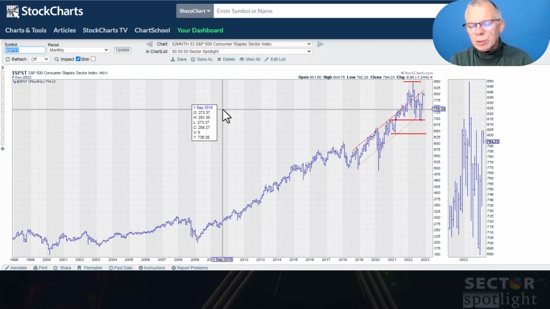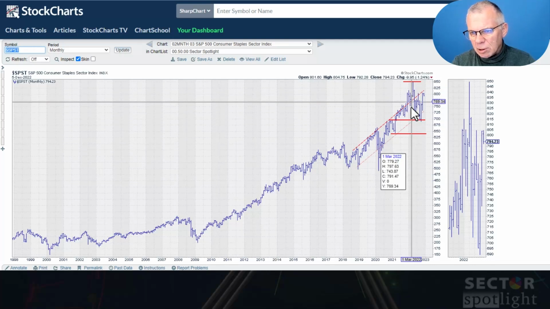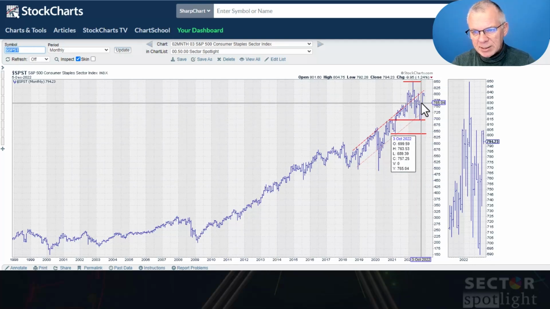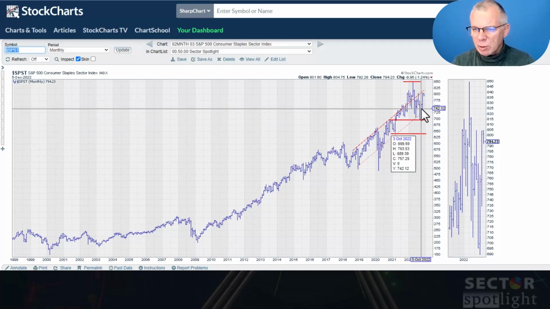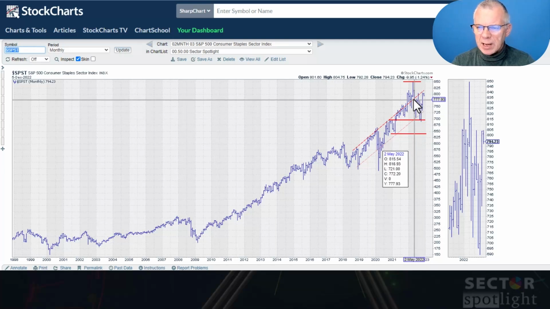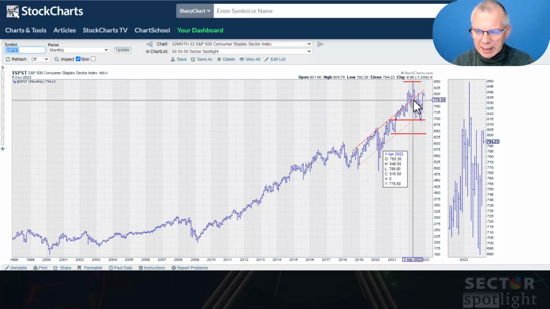Next one is consumer staples, the defensive counterpart of the offensive consumer discretionary. As you can see here, even consumer staples is in a downtrend. This lower highs, lower lows series is still there. We rallied very close to the previous low here in November, which came in around 805, around 800. So that resistance area is very much intact.